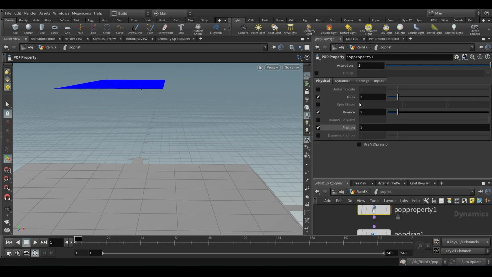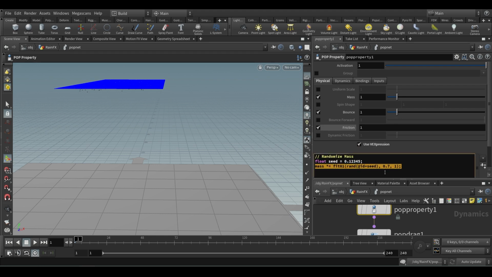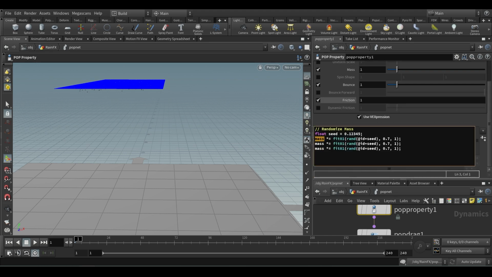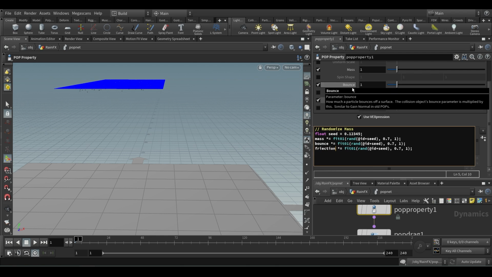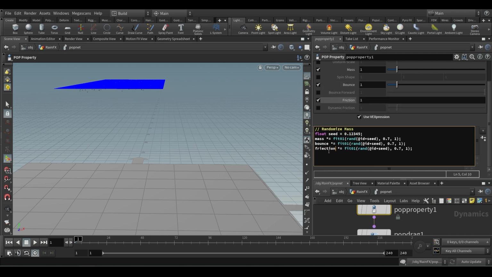So in rain, if you notice, the mass, bounce, and friction are random, so we can give that random. Like in the snow, I've discussed this one, so we can copy, paste, and give the name. Mass is correct, bounce, okay, spelling has to be correct. If you have any doubt with the spelling, how do I know? If you hover over, you can see the parameter friction, the parameter bounce. That's how I know the parameter is this way.